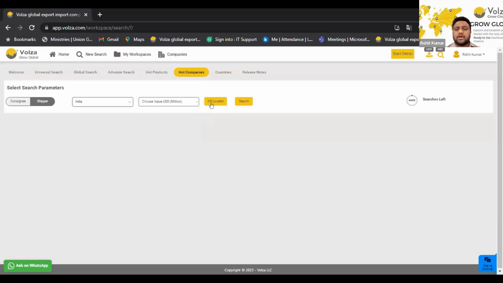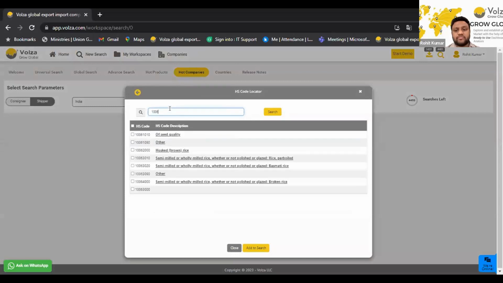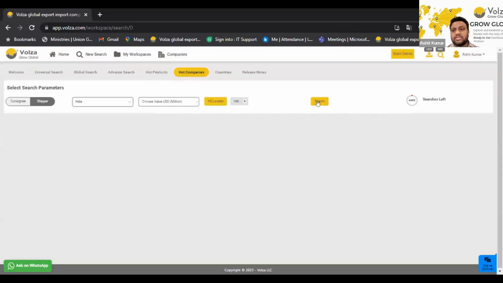If I want to check out the top growing companies related to my industry only, I can simply click on the HS code locator, find the HS code for my requirement and see the results for it. For example, I'll select the HS code for rice, 1006, and click on apply. Now I'll simply click on the search icon to search the data. As soon as I click on the search icon, I will lose one search point from the balance